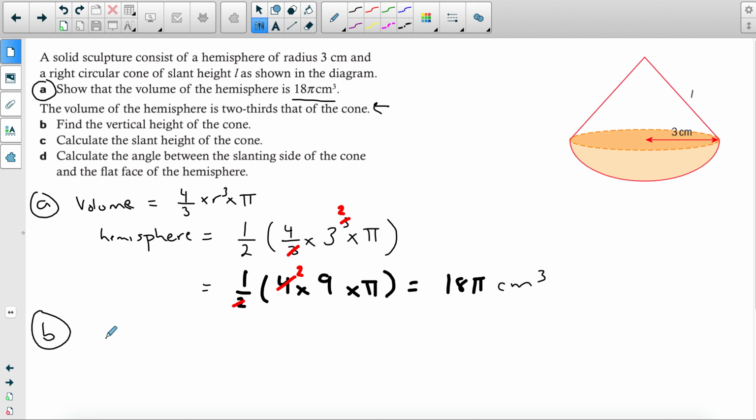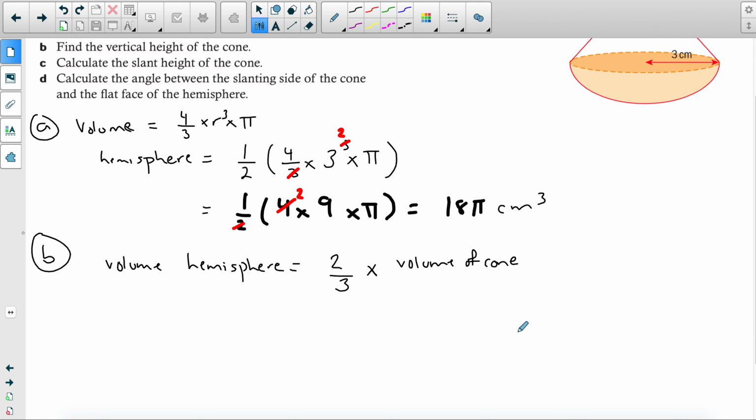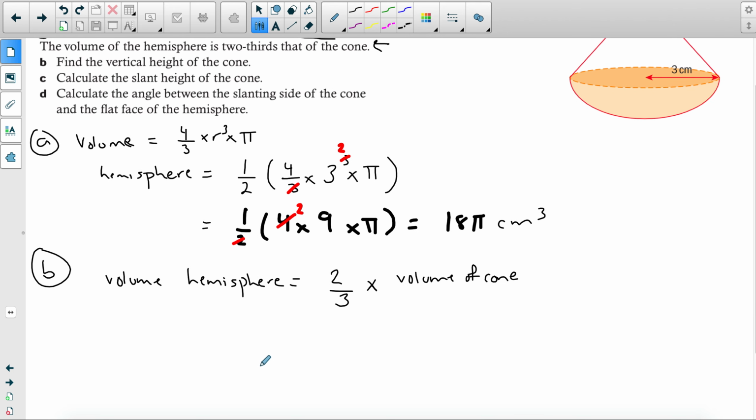So we know the volume of the hemisphere is equal to 2/3 of, remember that "of" in math translates to a multiplication. So it's 2/3 of the volume of the cone. And we know the volume of the hemisphere is 18 pi, so it has to be equal to 2/3 of the